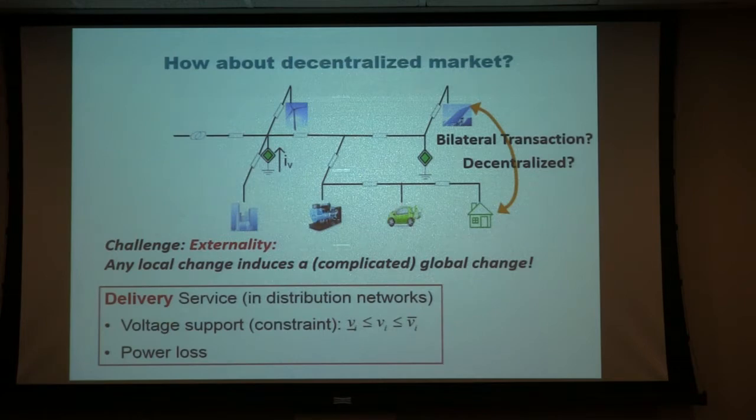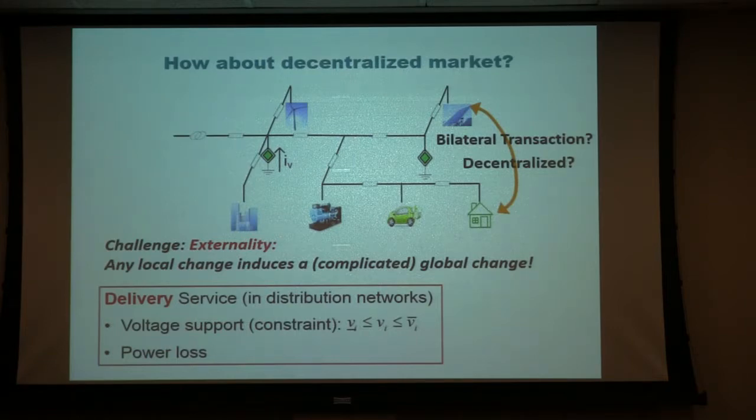And an example: here in the distribution of a small neighborhood we're talking about two physical constraints that are very important. One example is the voltage supply. In order to guarantee the power quality for appliances, the voltage should be kept within a range at each bus, at each local node. For example here, it should be around 100 volts. It cannot go too high, otherwise it's going to hurt my appliance.